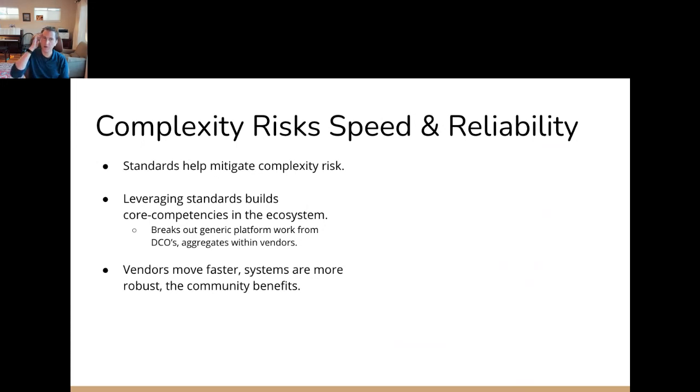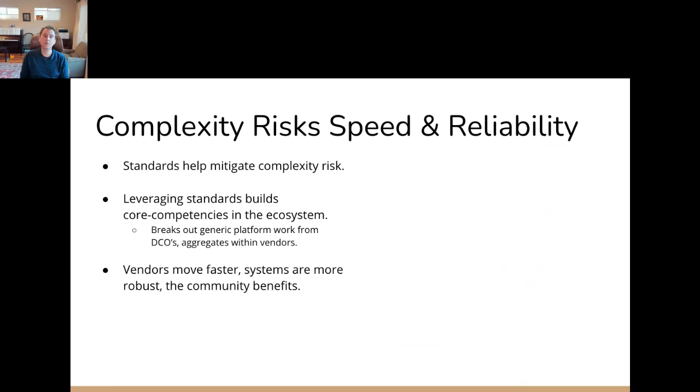So one way to mitigate risk that we all know is leveraging standards. We try very hard to work through the OCP and other standards bodies to ensure that we're deploying things that are as standard as is possible for our purposes. We do need to differentiate our technology, and often we have to build things. But as our senior VPs have said publicly in the past, we prefer to buy anything we can. We only really build things that we can't find the way we need them out in the industry. And so leveraging standards is extremely important in mitigating this risk and accelerating our ability to get products to market.